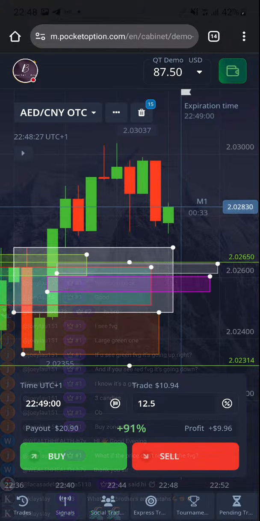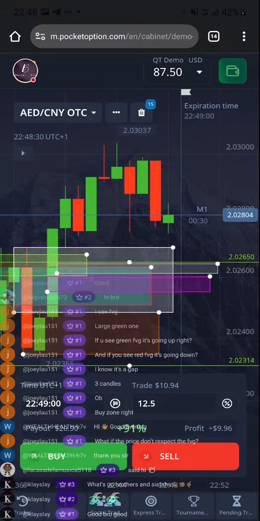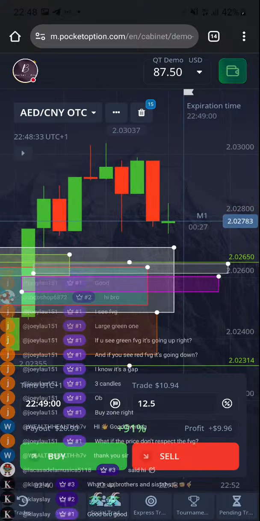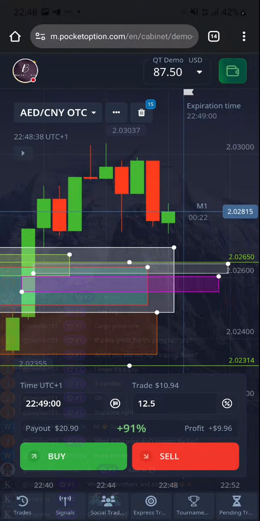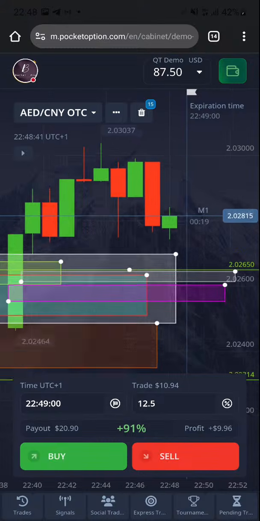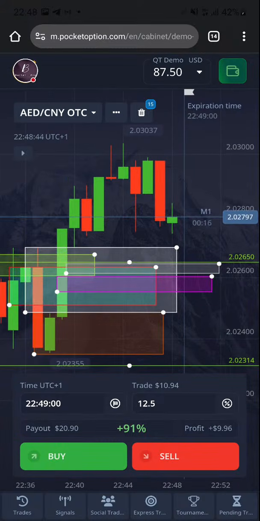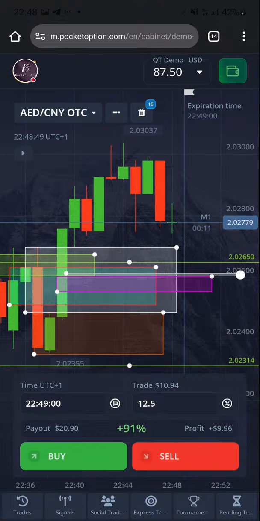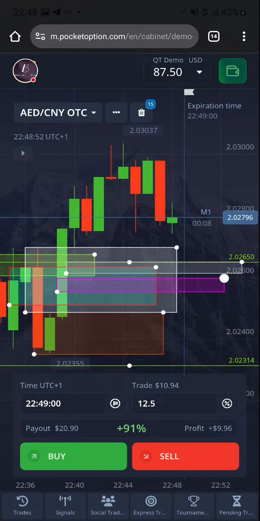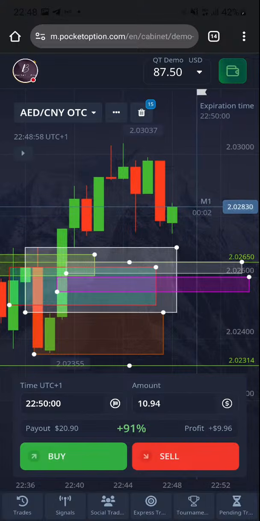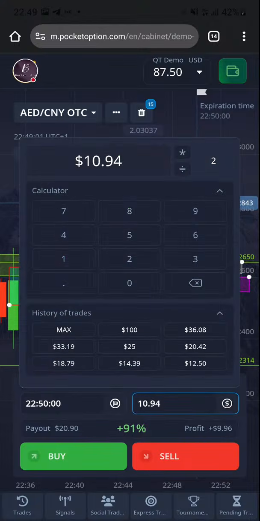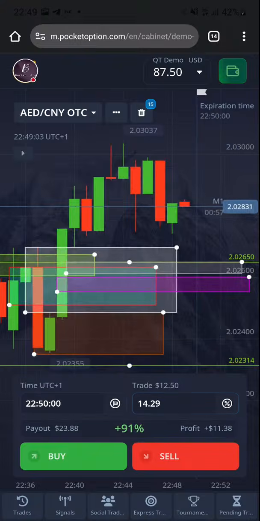So now immediately price comes down into this entry, we will take the trade. Now we have a gap down in favor of the buyers here. Look at it. So immediately price comes into this entry, we know that we are having a green candle, or at least we'll have a push to the upside. So we're going to take this trade. And if price comes into the second entry too, not this one, there's a second entry down here, we will take the trade through. You understand? That's how we're going to take the trade.